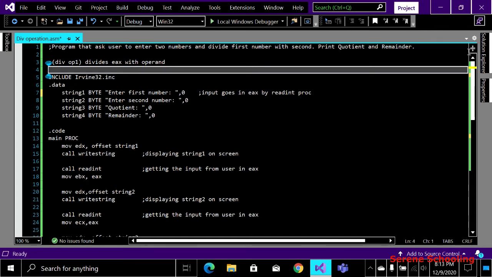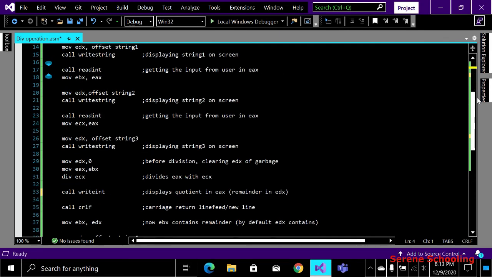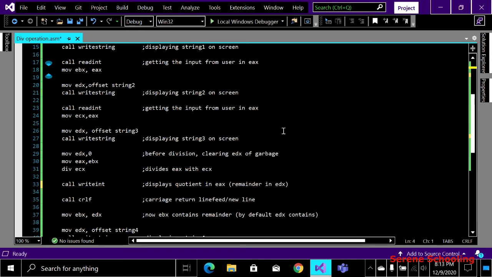Now coming over here again, you can see that EDX has to be 0, we have discussed, and here I am moving the EBX value into EAX. EBX is what? The first value. I moved the first value into the EBX register, and here I am again moving this EBX into the EAX because I have to perform division.